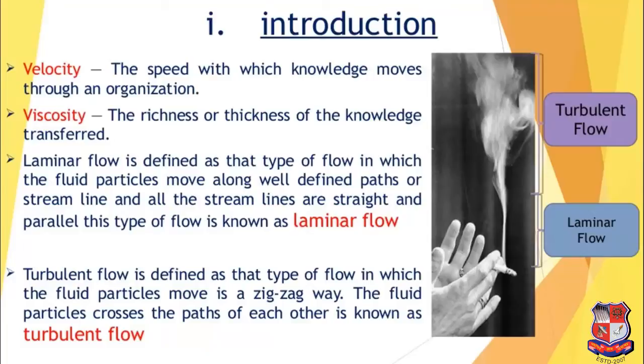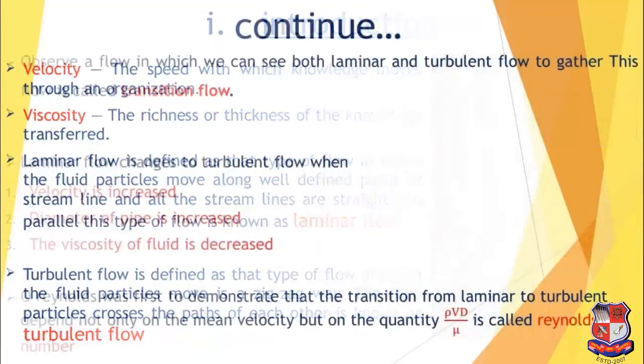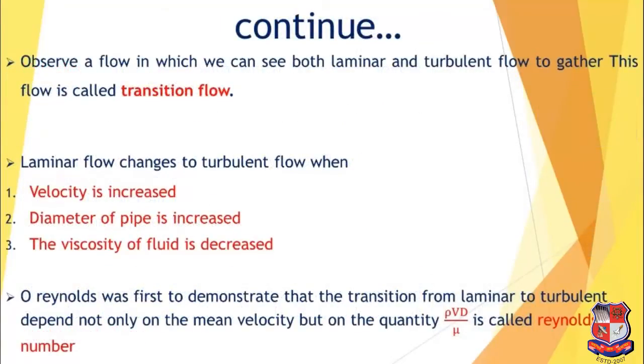Now viscosity is a property of fluid which resists the flow. If the flow is flowing in the form of laminas, then it will be a laminar flow, otherwise it will be termed as turbulent flow. In some phases you cannot decide whether the flow is laminar or turbulent, it will be mixed up, so that will be known as a transition flow. We have specified Reynolds numbers for that. We will talk about it later.